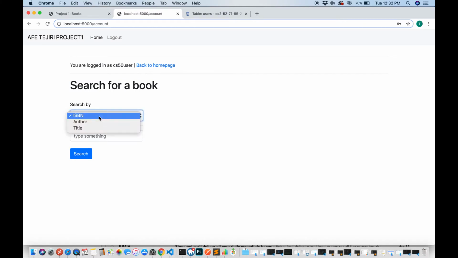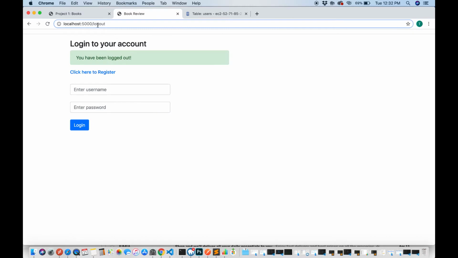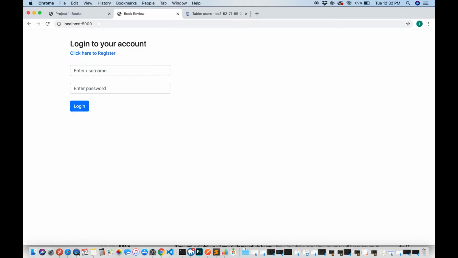We can search by ISBN, author, or title, and we can log out. You can see we're on the account page. If I log out, see it's logged out. If we try to access the account, you can't access that. So back to